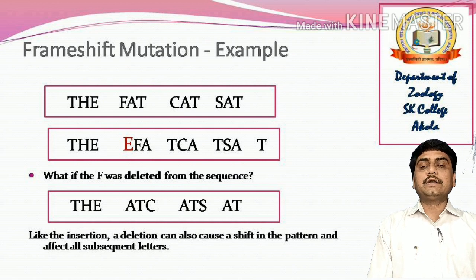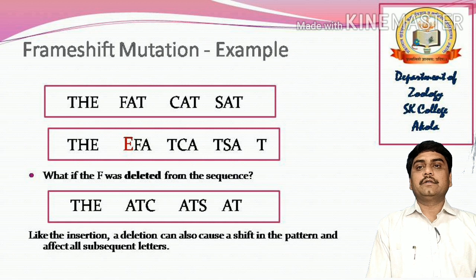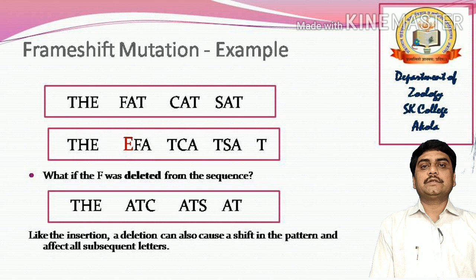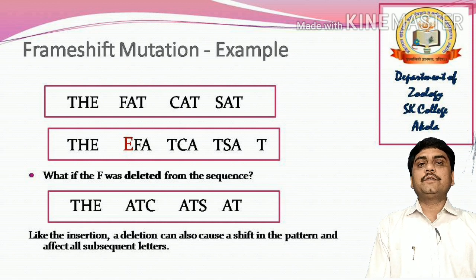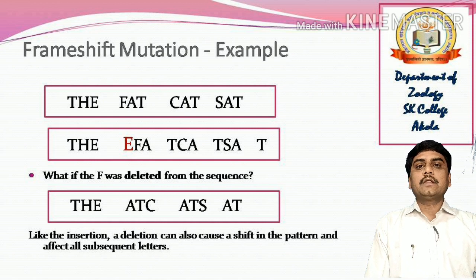So in this I have inserted the E, in red color, extra. Just by inserting one extra E in a particular sequence, the entire reading of the sentence changes. Note how it caused a shift in the pattern and affected every single letter after it. Now the words are just gibberish. Similarly, if this was the code of a protein in the central dogma, as we have already seen in the first slide, the ribosomes would have a difficult time translating this sequence correctly.